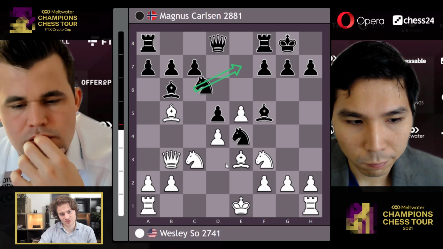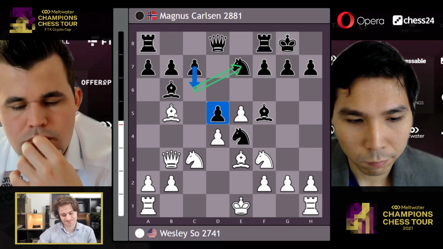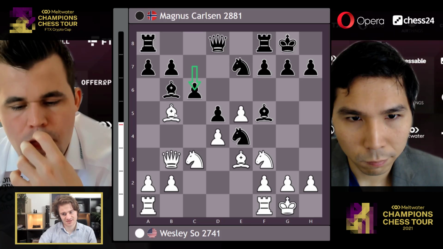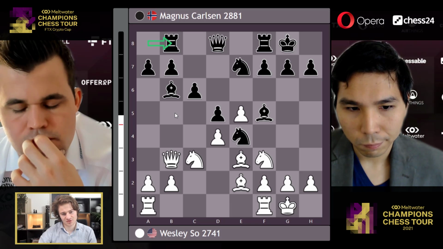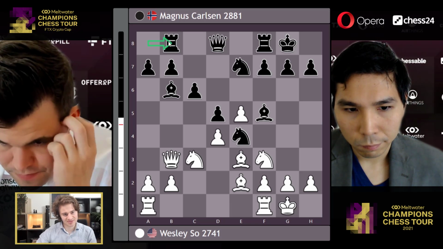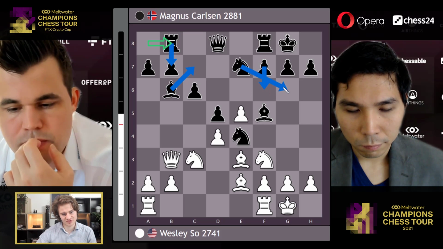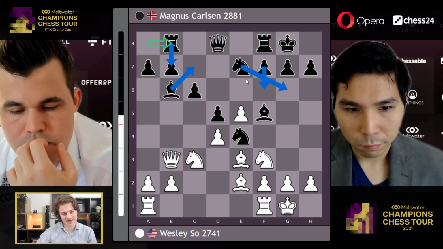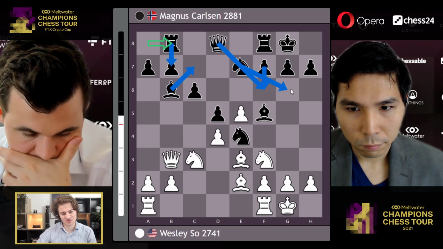So he decides to move the knight so he can play c6, supporting the pawn on d5 while also moving the bishop if necessary. Wesley castles, c6 by Magnus, Be2 from Wesley, and Rb8. So the point of this move is that Magnus defends the pawn on b7, so he can play Bc7 and later start opening the position with f6. And if he manages to play f6, all of his pieces will all of a sudden come to life, which will create